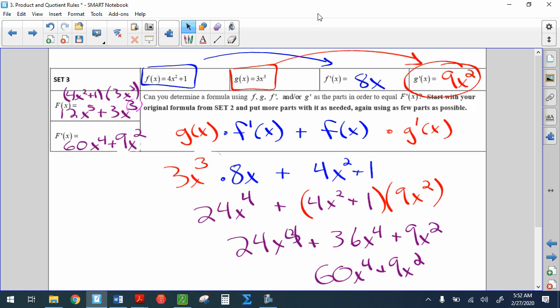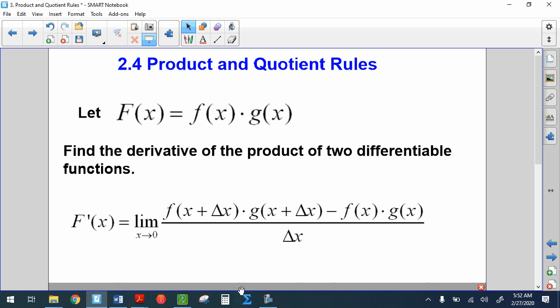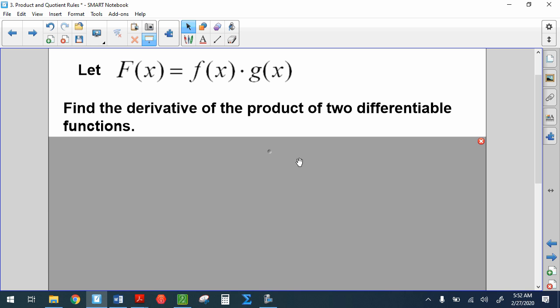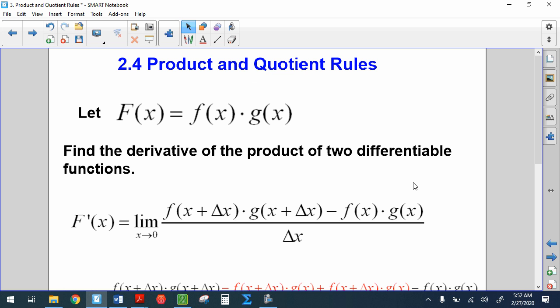All right, so we have a product rule. You can see it there in red and blue. g of x times f prime of x plus f of x times g prime of x. And that works. So product rule, there's a limit definition process that's kind of interesting. It should say delta x as delta x goes to 0. If you do f of x plus delta x times g of x plus delta x all over delta x,